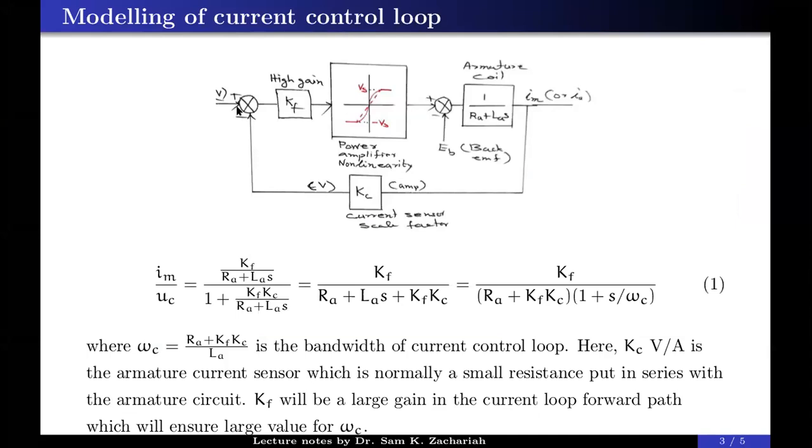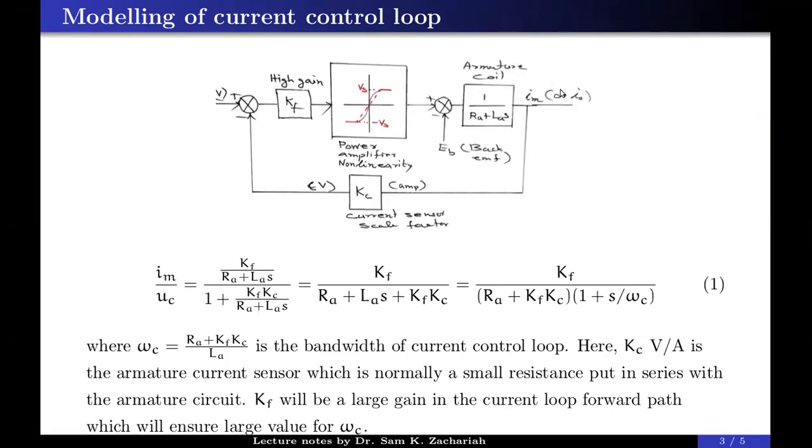Here you are getting voltage, and this one is the power amplifier block, and after that your back EMF is coming here, and the armature coil is here, and IM will be here. And if you are having any non-linearities in the power amplifier circuit, this one is the control voltage. So the control voltage is applied here, and this amplifier having some non-linear functions will affect the IM.